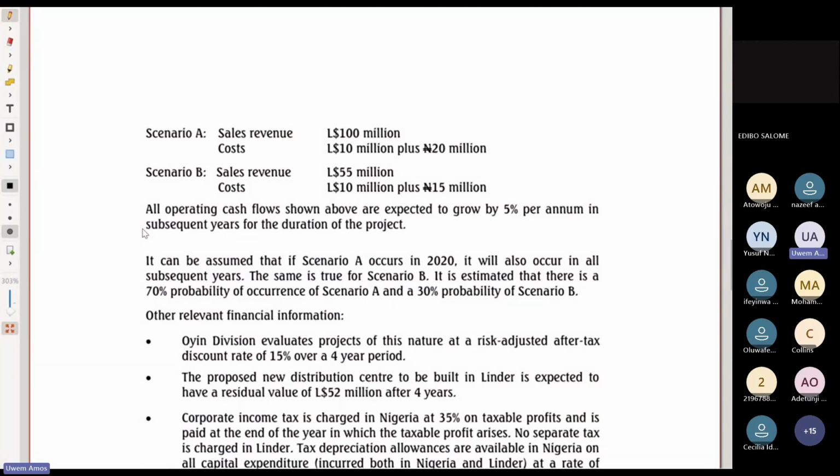So you have your sales given to you as 100 million Lindarian dollars. We have our cost given to us as 10 million Lindarian dollars plus